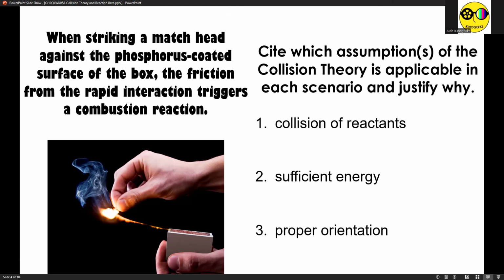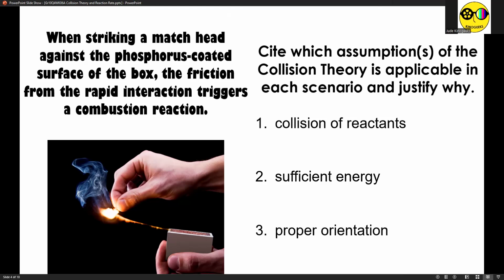Obviously, if you want to produce a fire from the matchstick, you have to rub or strike the match head against the surface of the box coated with phosphorus. So that's one. For sufficient energy, you can't just produce a fire if you strike them very gently, or if you're not introducing any effort at all. Of course, you don't have to be super strong or rigorous to the point that the matchstick will break. Just the right amount of energy that can produce the fire will do. But sometimes it will take you several attempts to accomplish your actual goal.